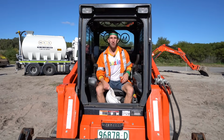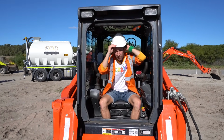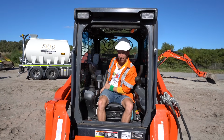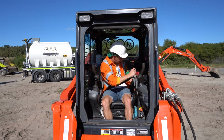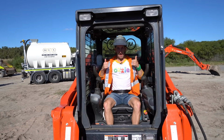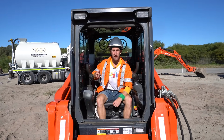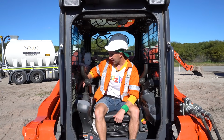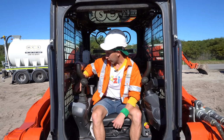Now I've already got my high-vis vest on, I also need to put my hard hat on. Then, next important safety thing is our seat belt. Now we're locked in, we're ready to go. But the posi won't start unless you're sitting down. So that's another really clever safety feature. And we're going to turn the key